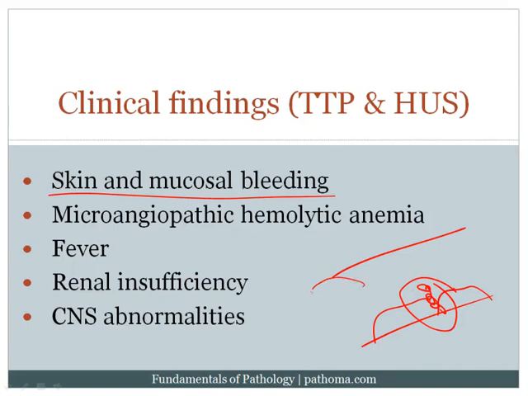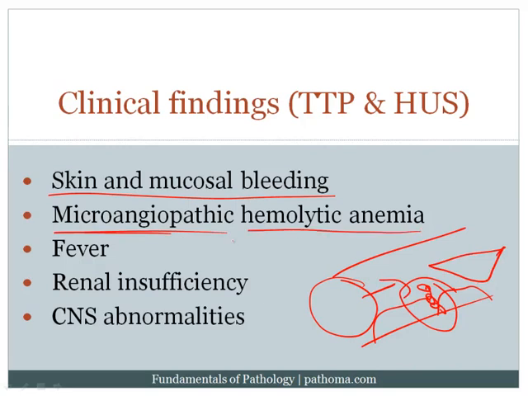At the same time, the blood cells have to cross those platelet microthrombi. They're going to get sheared, and that's going to give you a microangiopathic, i.e. in the small blood vessels, hemolytic anemia. Hemolysis means the breaking up or the destruction of red blood cells. The patients also tend to have fever, and they get this whole process of forming these platelet microthrombi and shearing